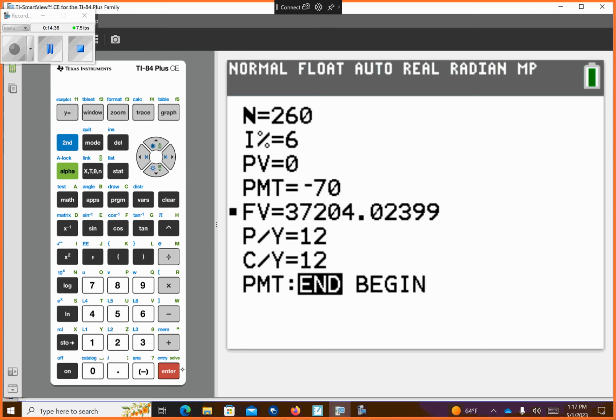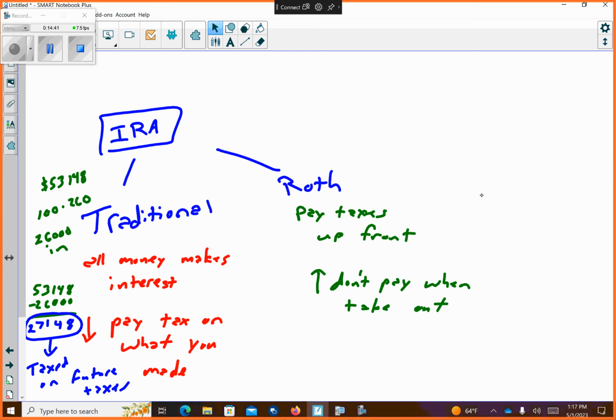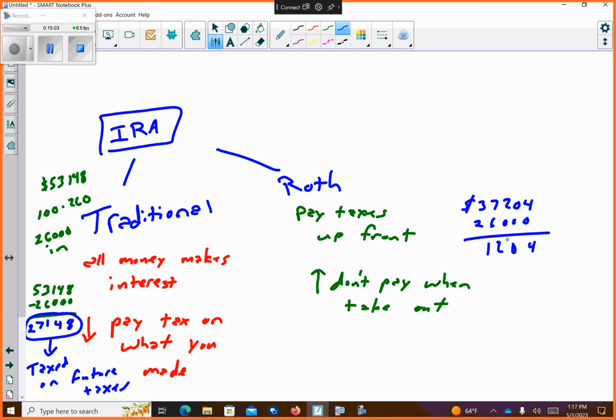so that takes it to 37,204. And the thing is, you invested 26,000 into this. Yes, it was a lesser amount, but you paid the federal government on the taxes on this. 402. So my friends,